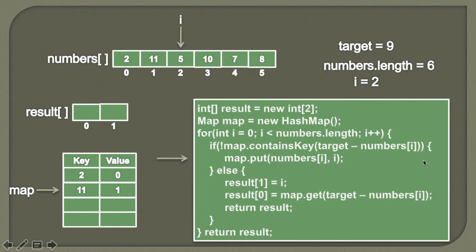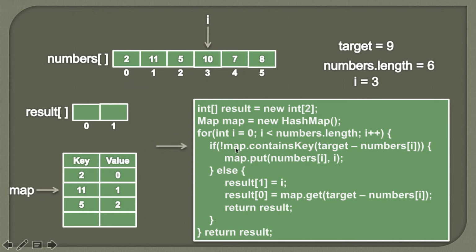and we'll simply put the number at the ith position along with the index value in the hash map. So we'll store 5 with 2. So 5 is the number at the ith position, which is 2, and 2 is the index value. Moving ahead, now I becomes 3. So I will point at the third index,